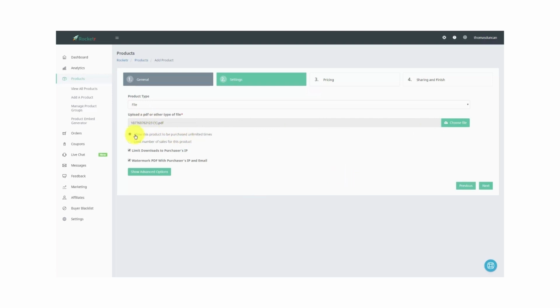We can limit the number of times that this product can be purchased, or we can let it be sold an unlimited number of times. We can limit downloads to a particular purchaser's IP. We can also watermark the PDF with the purchaser's IP and email address. That is one of the advantages of using the PDF with the system. Now, once again, if you have to use and deliver a URL, we're going to be able to do that